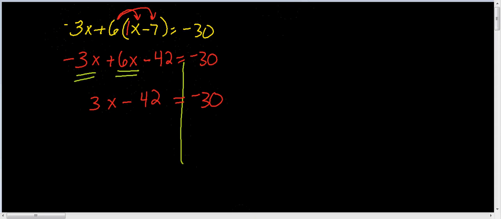Alright, at this point I have a two-step equation, so I want to solve it. I start as far away as I can from x, but on the same side as x. So that means that I'm going to start with this minus 42. And I am going to do the opposite, which is to add 42. Now, to be fair, I'm going to have to do that on the other side of my equal sign as well. So my 42's cancel, and I am left with,